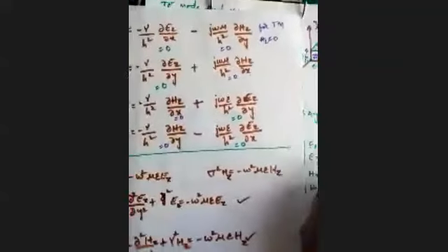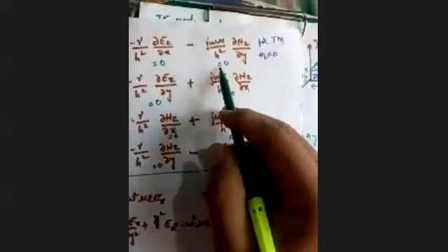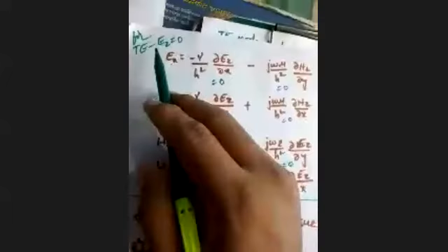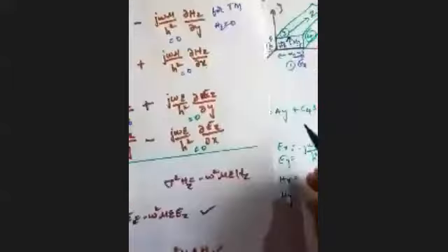And your Ey will be equal to... The zero we put in TM mode analysis is with the blue pen, right? So don't get confused. Okay, now with the green pen I'm writing for TE mode. For TE mode Ez is 0, so these terms are becoming 0. Hz is not 0 for TE mode, so in this mode this term exists and this term exists for Ex and Ey respectively. So for Ey it is... four expressions for four field components, right?